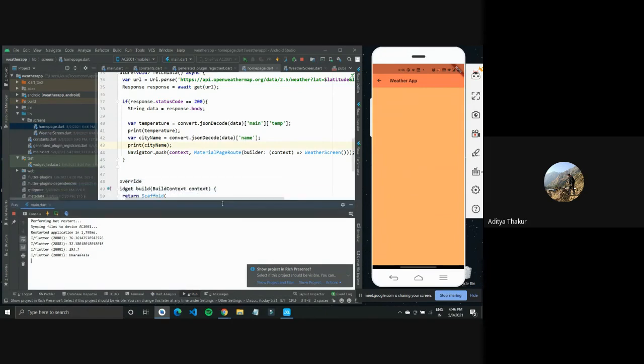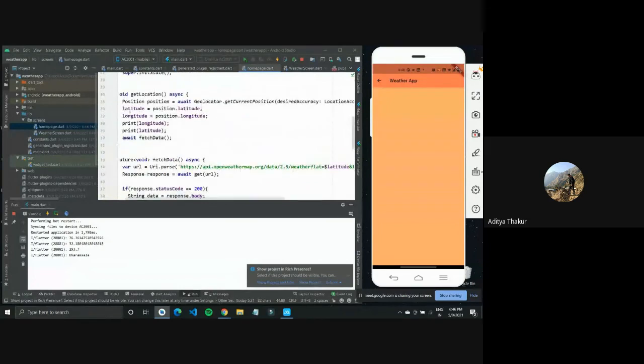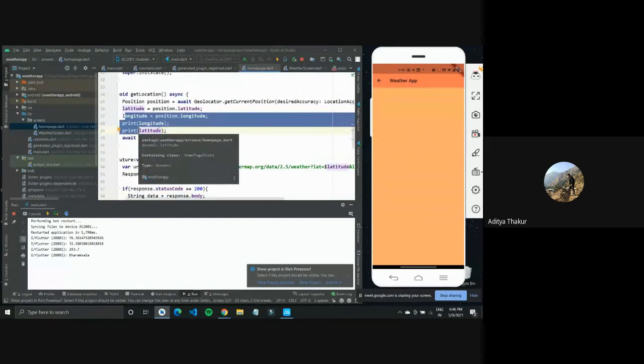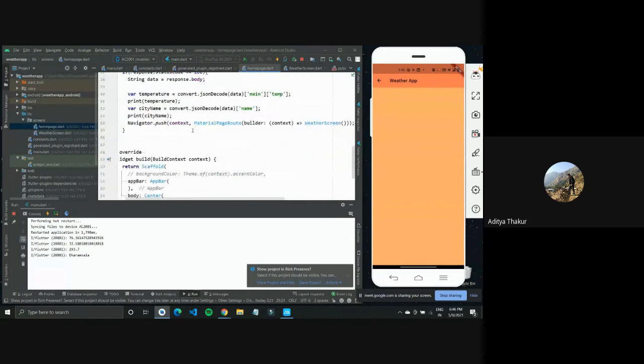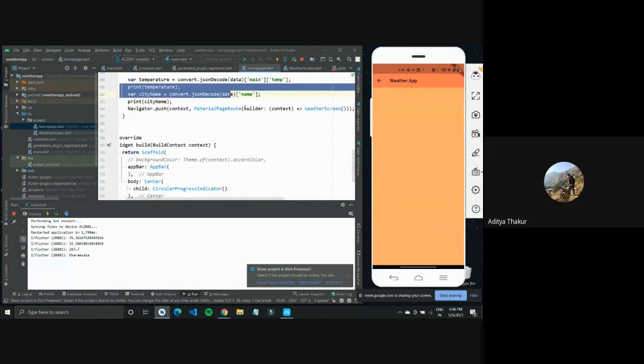It would be very minutely visible, but this is something we are doing after the function is executed completely, after it has got the location, which is happening in milliseconds or taking some time. But after you get all this data, it pushes in a new screen and you can go back. That would just bring you to the home screen, which is nothing but a rotating indicator. So you can just restart the application, and it could again push to the new screen.